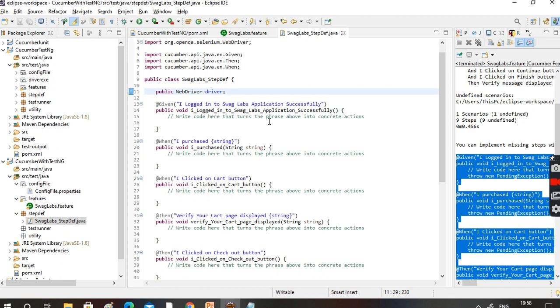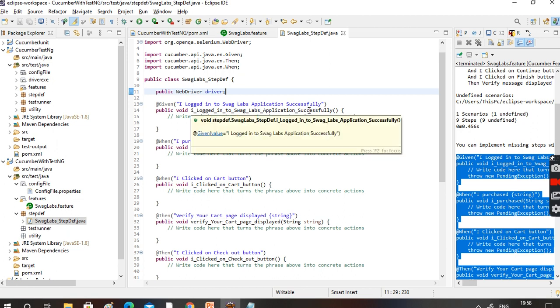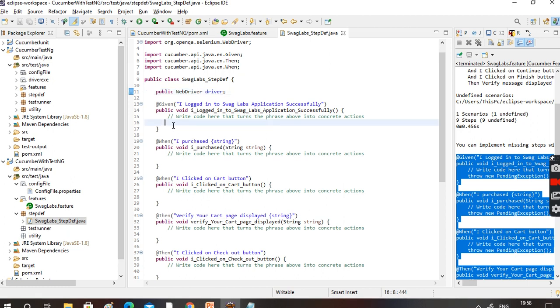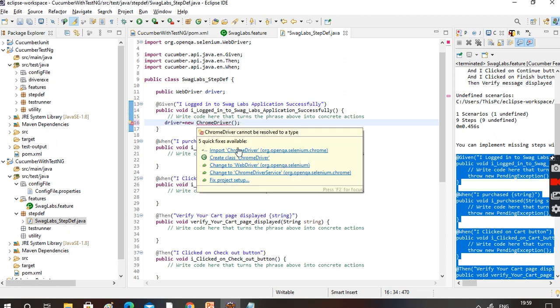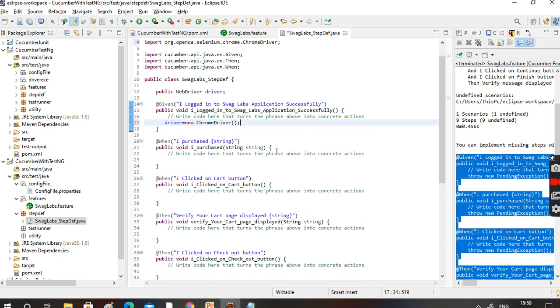Simply we can say WebDriver driver is equal to new ChromeDriver. That is fine, but the URL is simple. If you put it like this, let's run this.